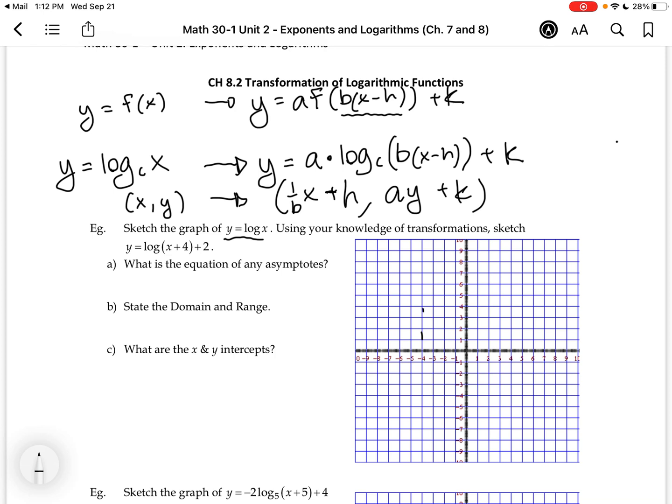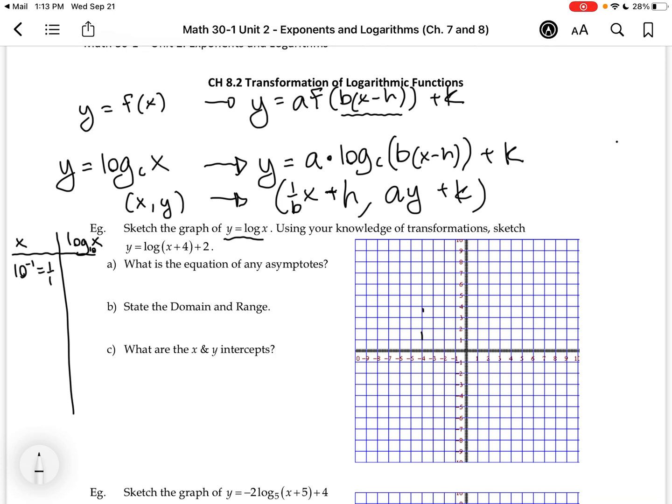So what I'm going to do is make a little table of values just to get a couple points, and I will have x and log x. So this would be our y value, log base 10 of x. Now the nice numbers to put in for x, that give nice whole numbers when I evaluate the logarithm, would be powers of 10. So I'm going to start with 10 to the negative 1,